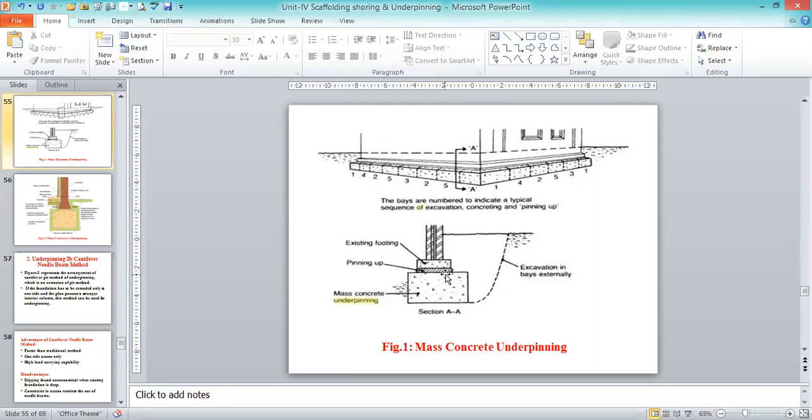Then we are going to extend and do the concreting, and like this, for this one, we are done. Like this we are going to do it for all, wherever the trenches are there. All the trenches are going to be filled like this, and make sure that your foundation stability is going to be increased.